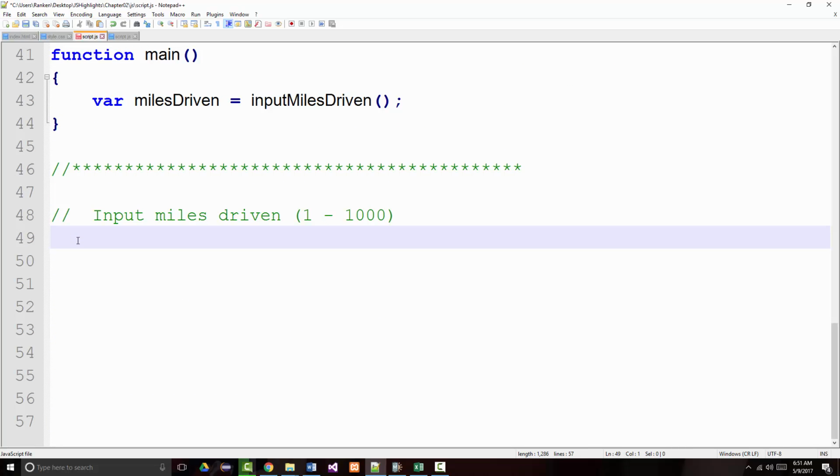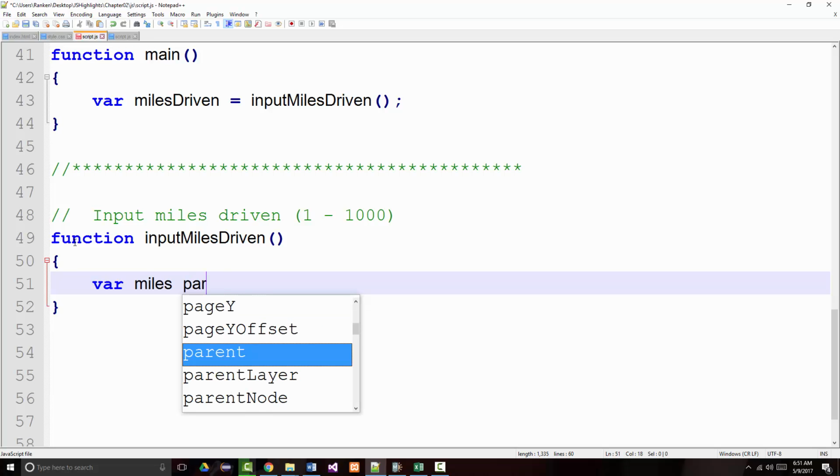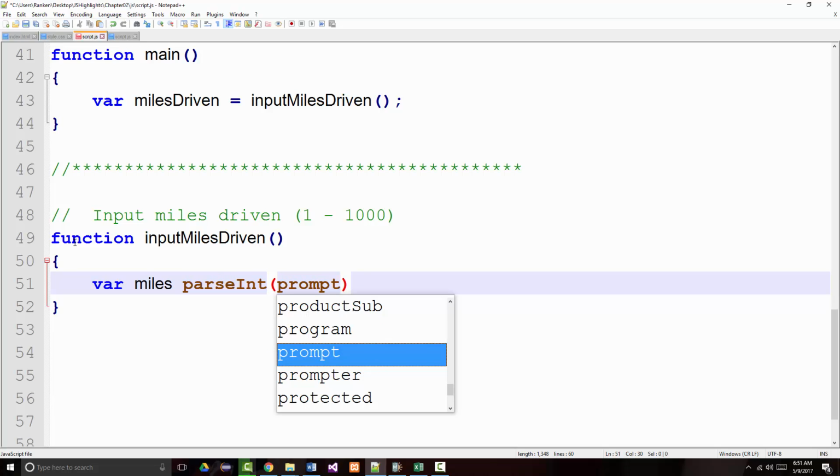So we'll put in here function input miles driven, and we're going to put in the same stuff we had from the last program. In other words, var miles, I'm going to call it miles this time. We could call it miles driven, it doesn't matter, but I'm going to call it miles equal parse int, the same stuff you saw before, parse int prompt